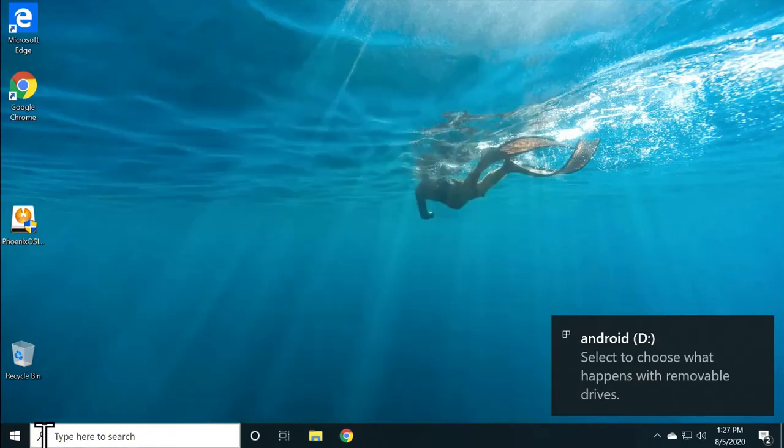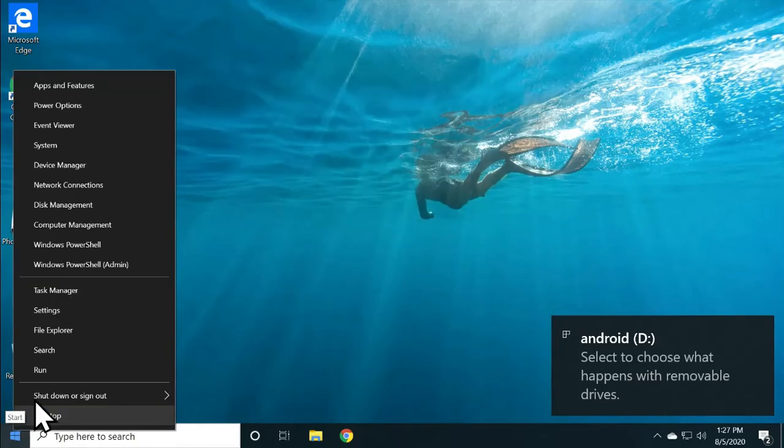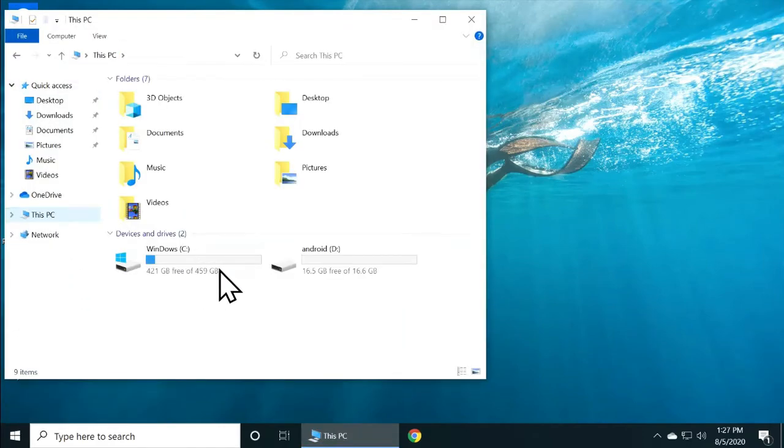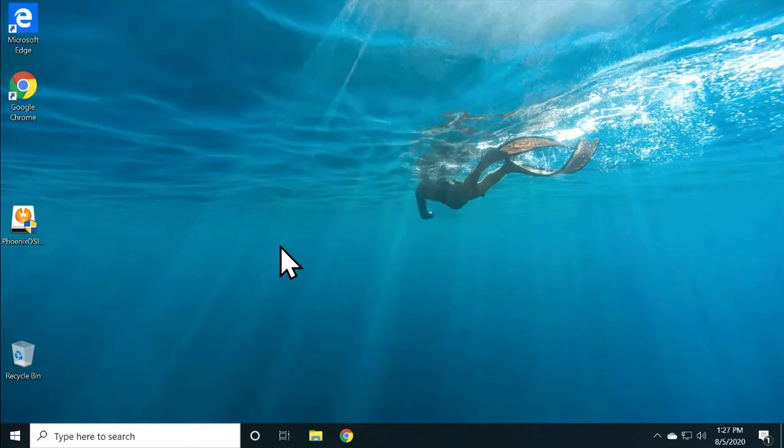Now if I go back to my computer, my PC: Windows, 421, Android, that will be installed on this 16 gig partition. Guys,